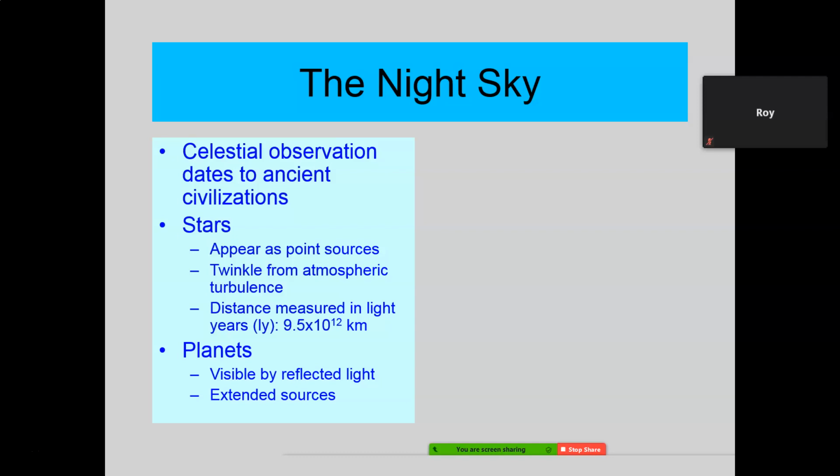And then multiply that by another 24, and that's how far it travels in a day. And multiply that by 365 and a quarter, and you got how far light travels in a year. 9.5 times 10 to the 12th kilometers. That would be 9,500,000,000,000 kilometers. That's an awful long way. That's in 1 year. That's how far light travels in a year.